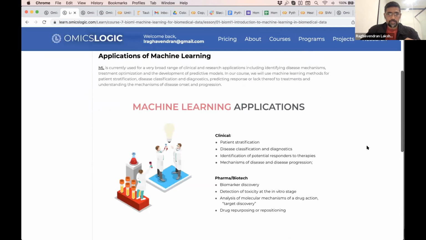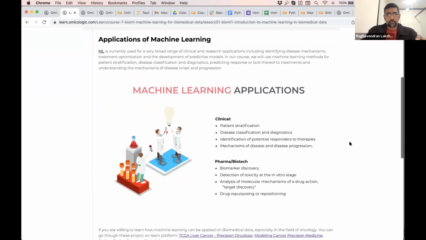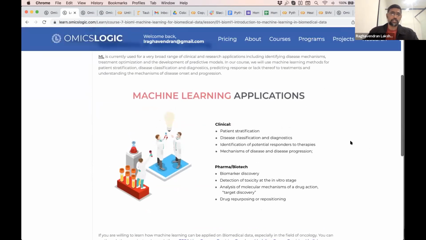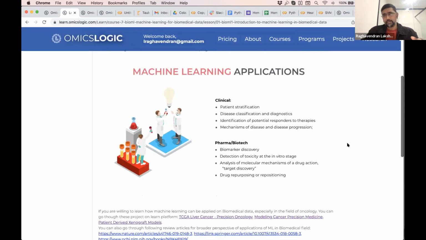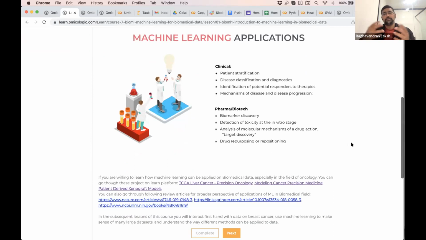So when you go through this, you go towards the applications of this machine learning data, where there is humongous potential for these machine learning methods to be applied to various data sets, like clinical data sets, in pharma, biotech. Those are only two. I mean, like in agricultural data sets. The main future lies in integrating all these different, not only omics data, but also different